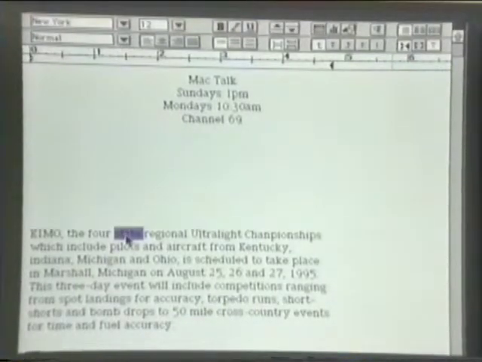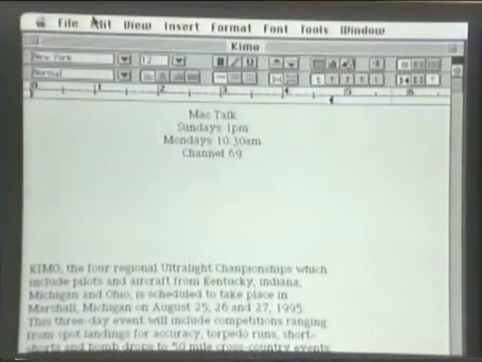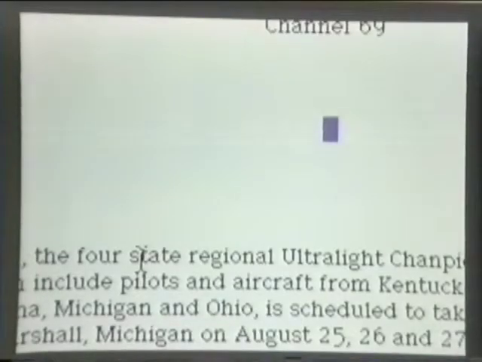I select a word, pick it up with the mouse by clicking on it and move it. F1 on your keyboard is undo, so I just hit F1. This is actually easier to do than it is to describe, but